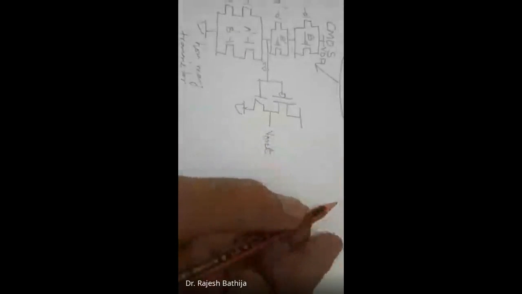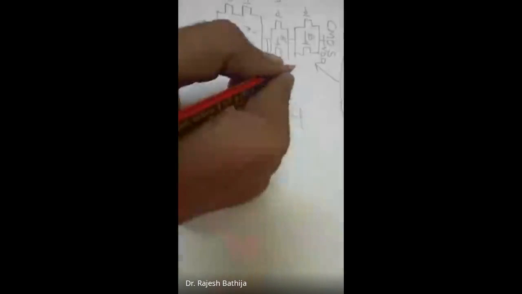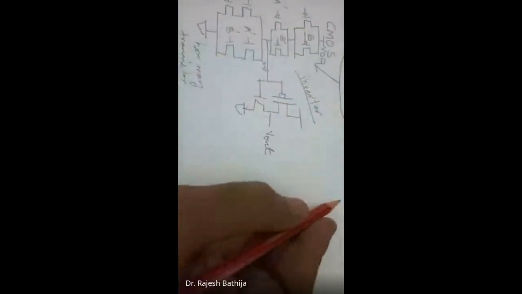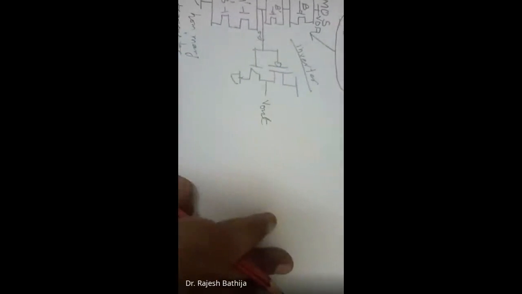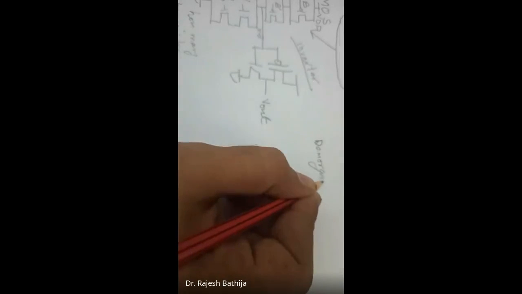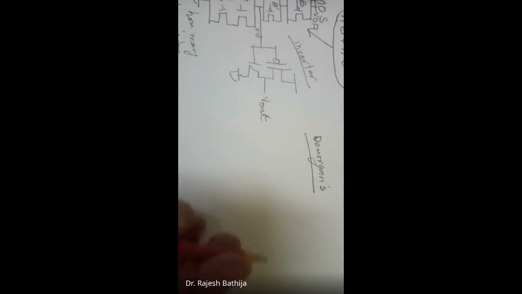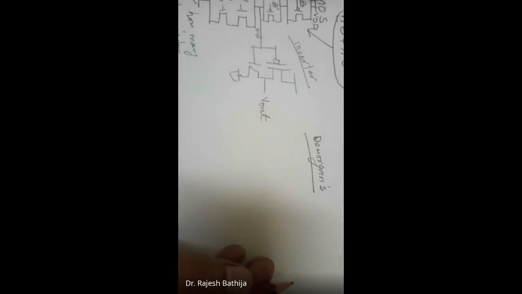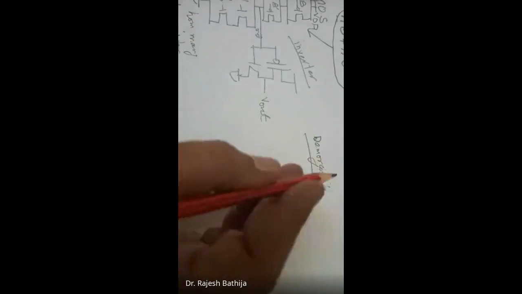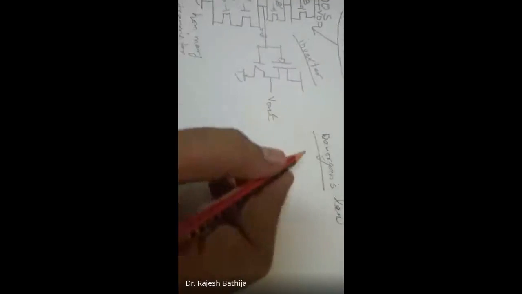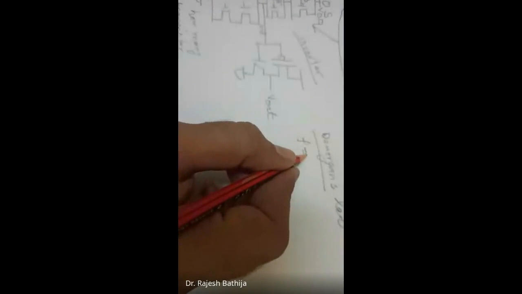Now, the second technique we can use, this is called the inverter technique. The second technique is the De Morgan's technique. I hope De Morgan's law you know very well. Whoever is doing the CSE, EE, and EC branch, they are familiar with De Morgan's law. I will not write it over here. I am directly using